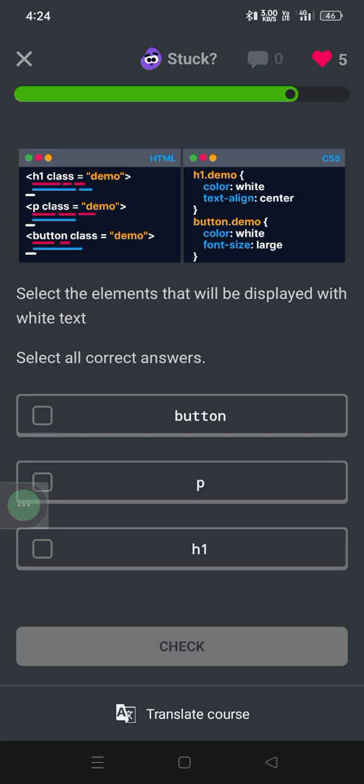Both look different. They select the elements that will be displayed with white text. Button also has white text, and paragraph and h1 also have white text.